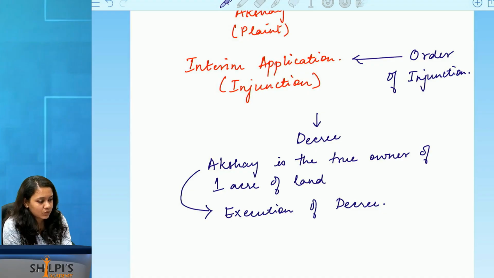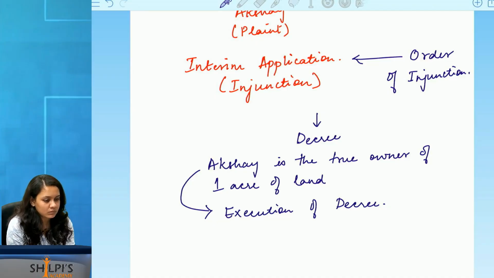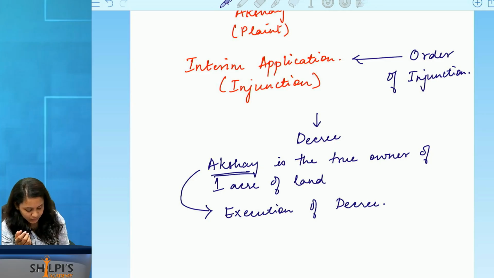What does it mean to execute a decree? Carry it out. Exactly. So now the court has given the decree, but remember, one of the brothers is still living on the property. How do you ensure that he vacates the property, that it's split in half, and 1/2 of it is given to the rightful owner? The decree holder over here will end up applying for an execution of decree. In short, we call it as an execution petition.